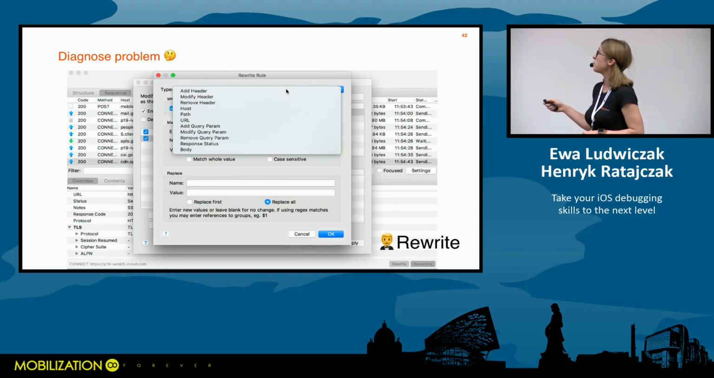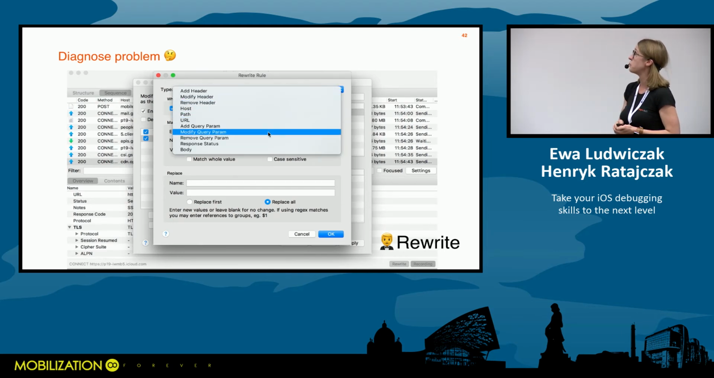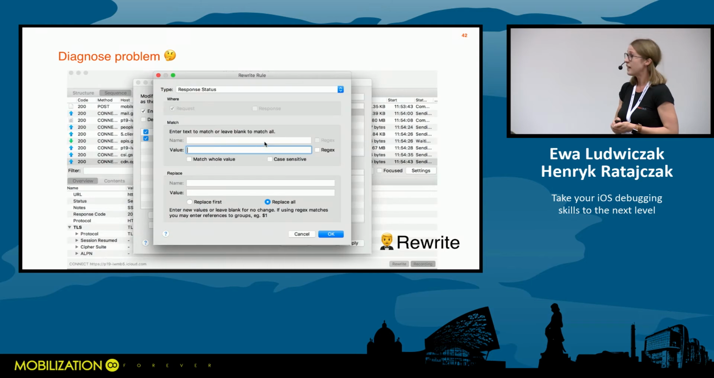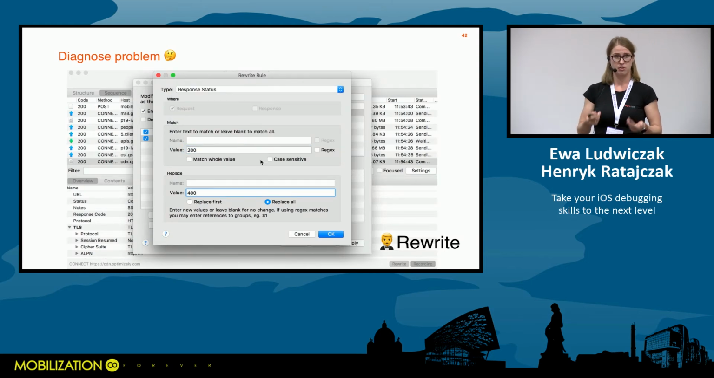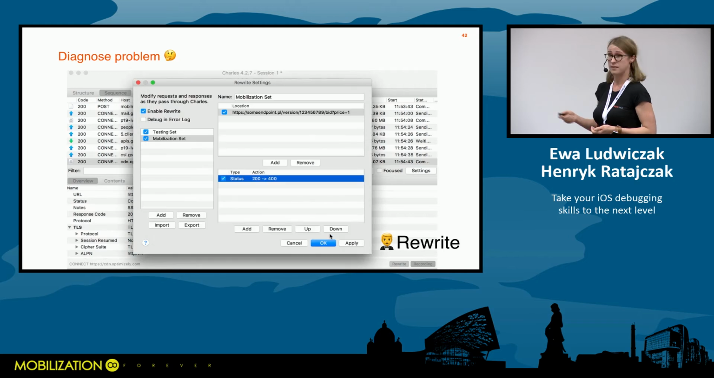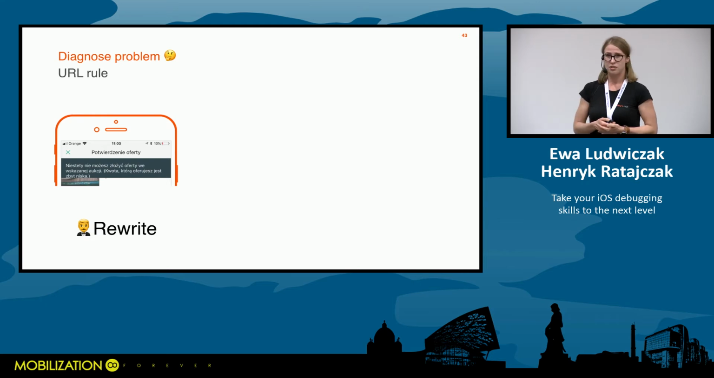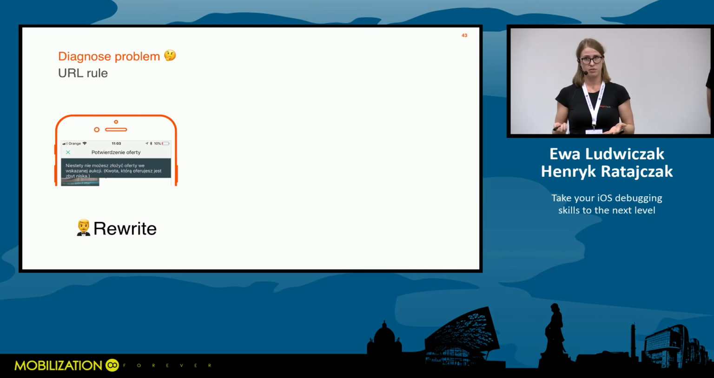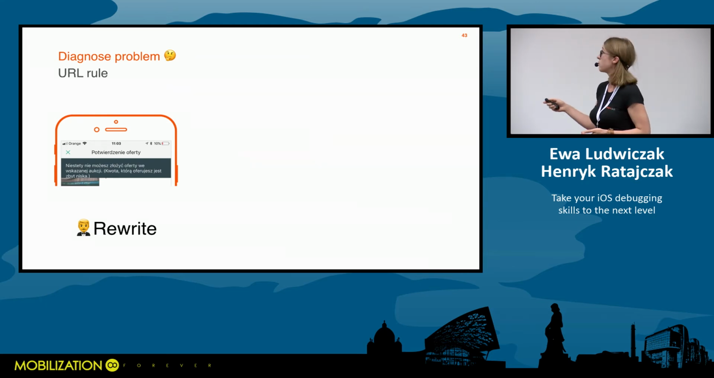You can choose different types of rules. I will choose the simple one, response status. It means that for every 200 response OK, I expect to get 400 bad requests. I hit the apply button, and that's it. Quite easy. So it seems that the Rewrite tool is a good choice as far as reproduction of this